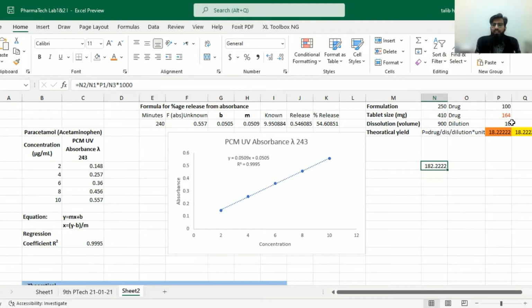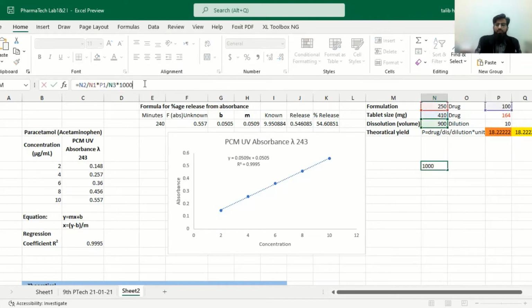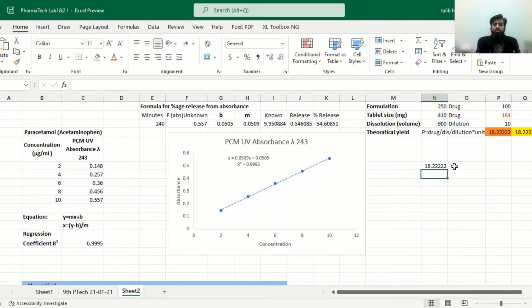So it should be diluted before analysis. We have a dilution factor of 10, for example, 10 times diluted. A sample of 1 ml will be diluted to 10 ml with the same solvent, so that its concentration becomes 10 times lower. So we will divide it by our dilution factor. This will give 18.2 microgram per ml.